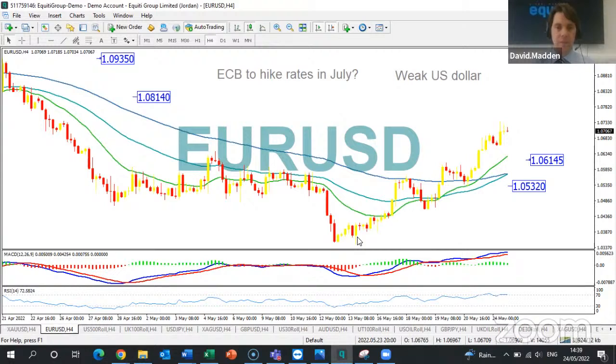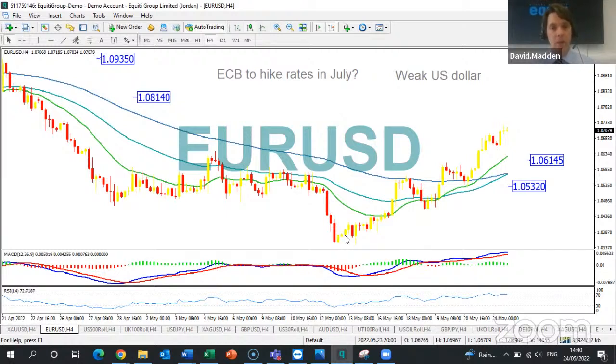We can see a textbook example of an uptrend: a higher high, a higher low, a higher high, a higher low, a higher high. In fact, in the last few hours, we've gotten back up to a level last seen in late-ish August. So April rather. We're essentially up around a 1 month high on Eurodollar, which says a lot considering it was only about 10 days ago we were at a 5-year low. So it's quite a swing, isn't it?